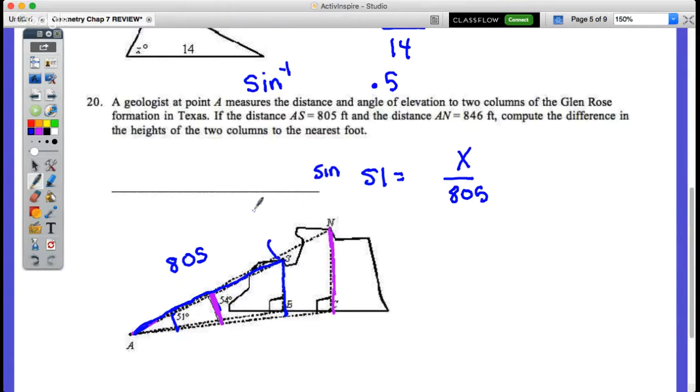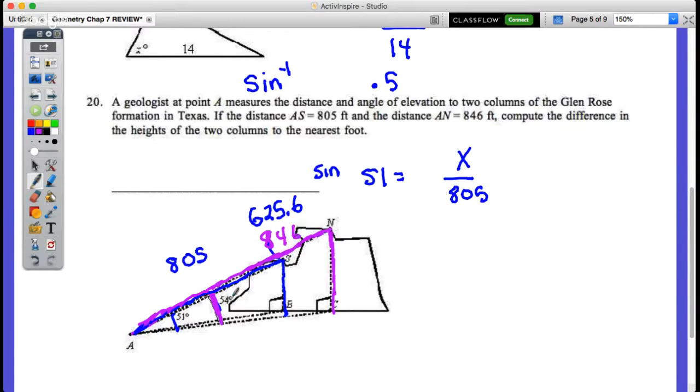625.6. Okay, that means this column, this rock formation, goes up 625.6 feet. Now he wants to figure out the other one. What was that again? A to N is